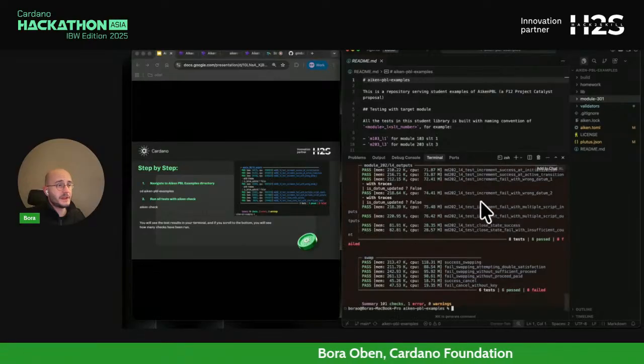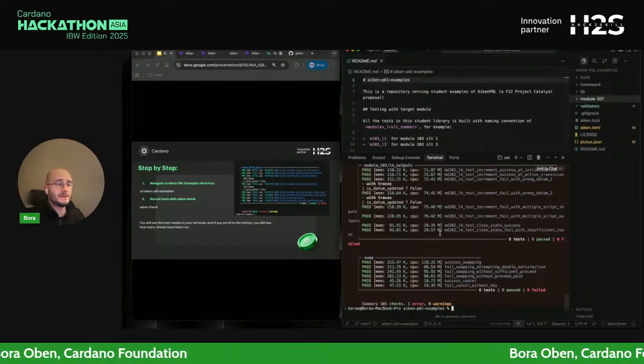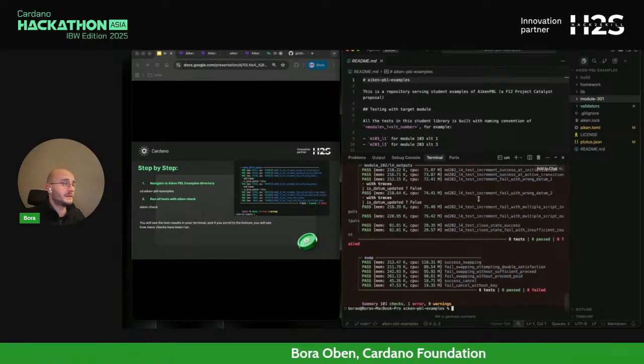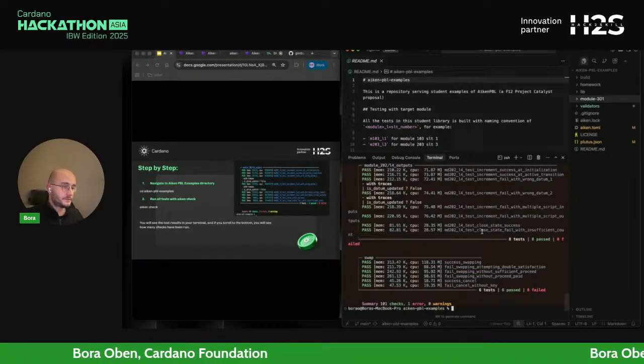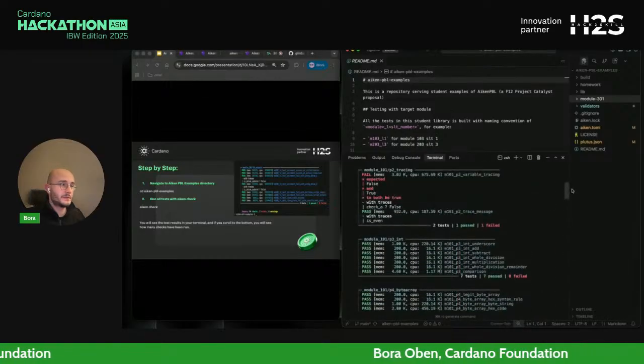This repository has around 102 tests already, which is extensive, for various different examples that you can take a deeper dive into later. It seems like aiken check actually delivered us this result. I will first show you what we got.